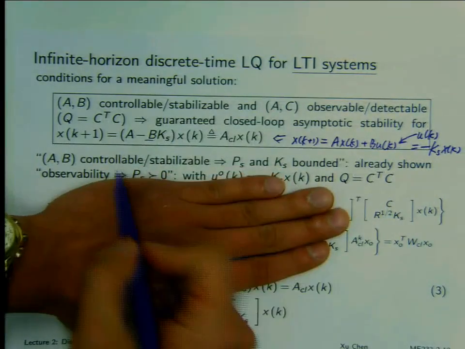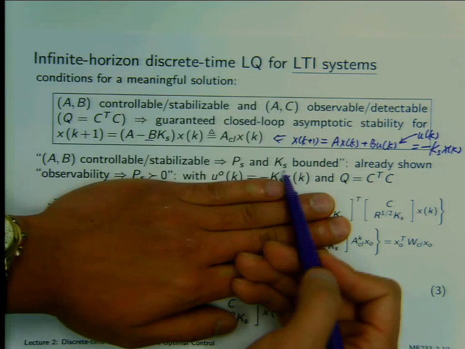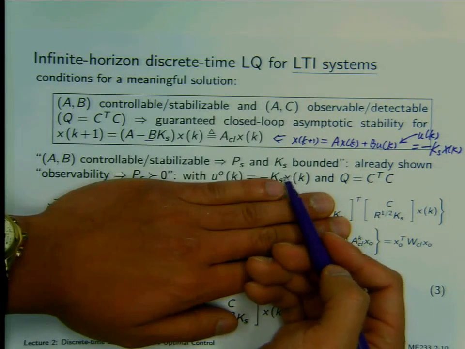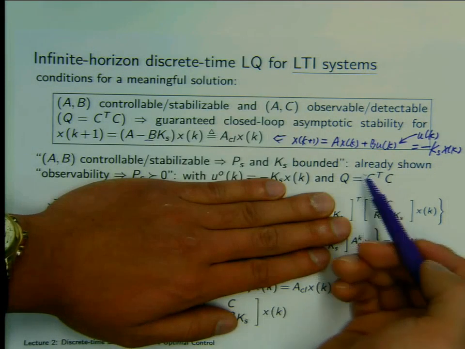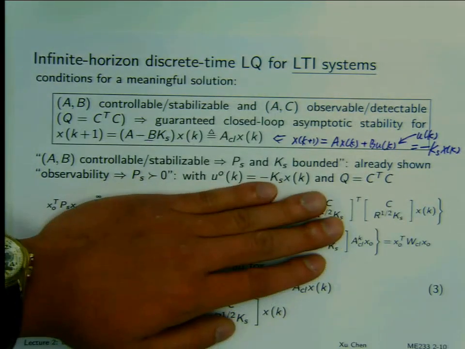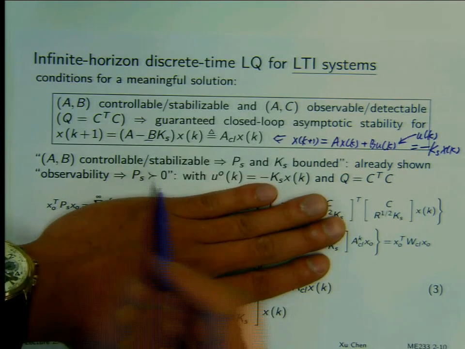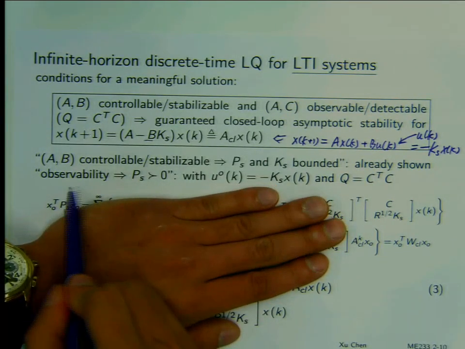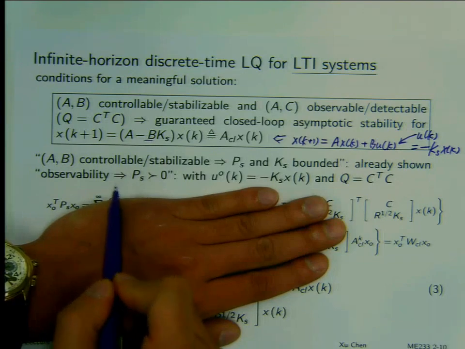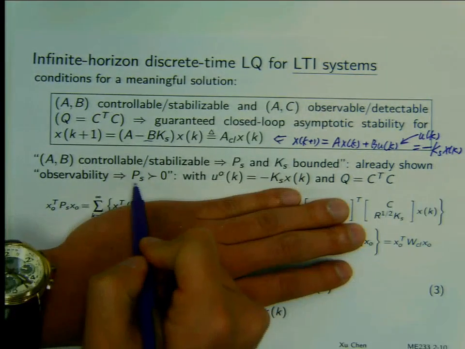First of all, we have seen this. Controllability means P of S and K of S is going to be bounded, right? We have just shown this. We have shown the intuition of this. Now, the tricky part, mathematically tricky part, is this observability condition. The observability condition is going to guarantee us we're going to have the matrix P of S is going to be positive definite